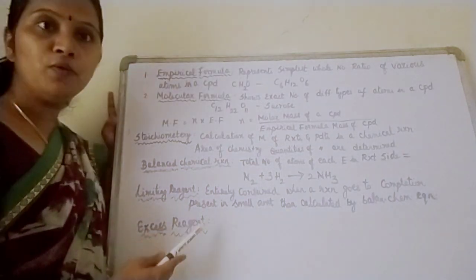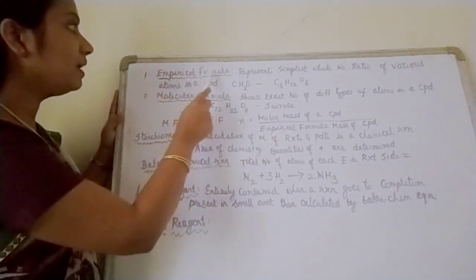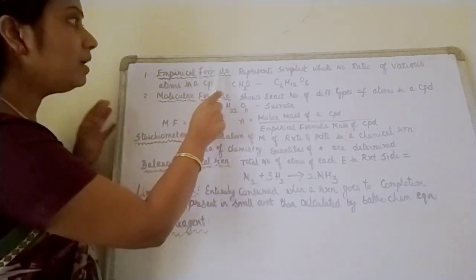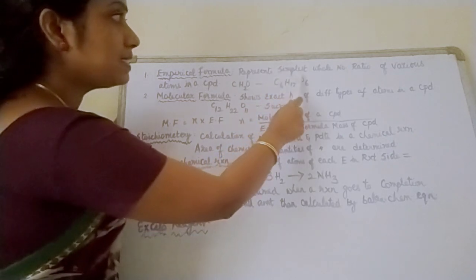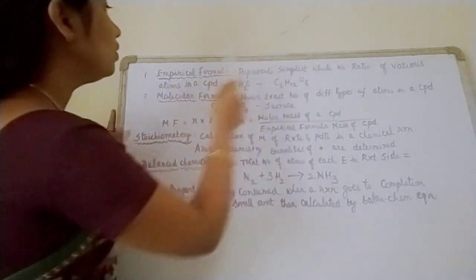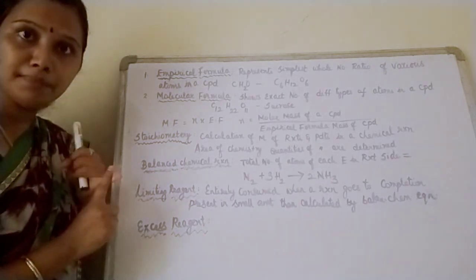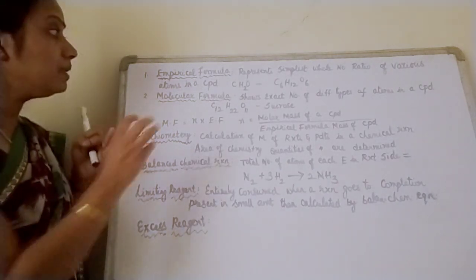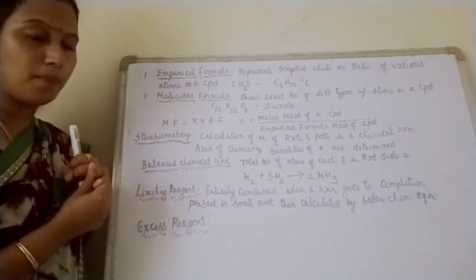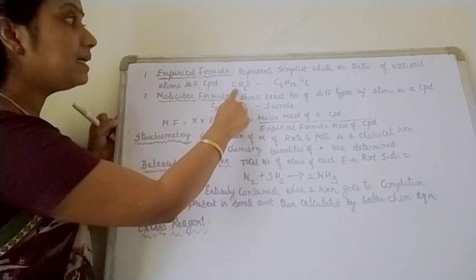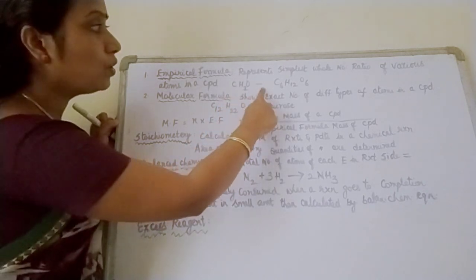Yes, children, moving to the next topic, empirical formula. What is empirical formula? Empirical formula represents the simplest whole number ratio of various atoms present in a compound. The ratio should be very simple and it should tell me the number of atoms present in a compound. Say for example, CH2O is the empirical formula for glucose molecule